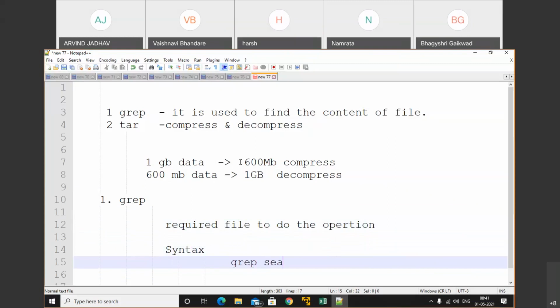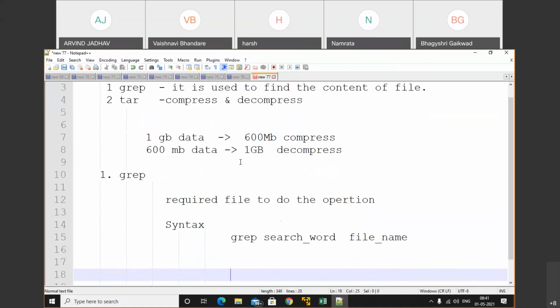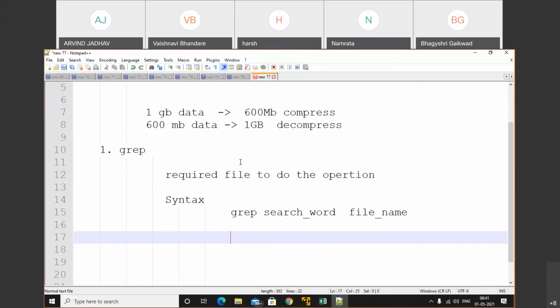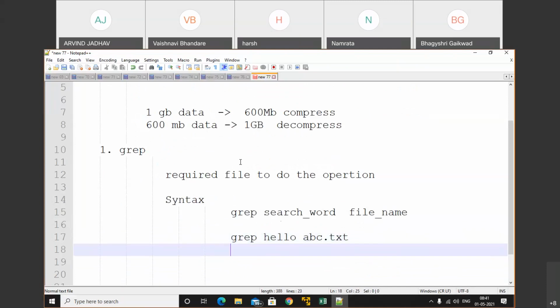So here I will write search word, whatever you want to search in a file. And after that, the file name. This is the syntax of grep. For example, if you want to search grep hello in the file abc.txt, it will search the word hello inside abc.txt.